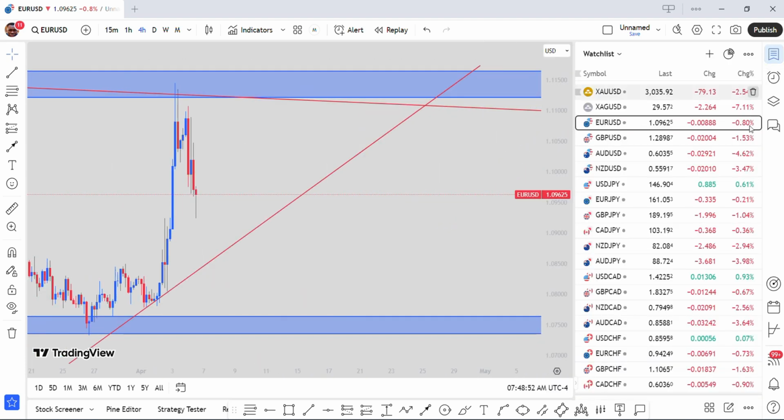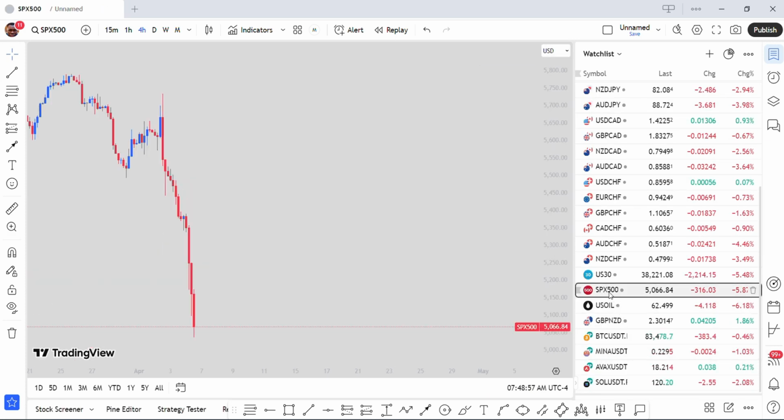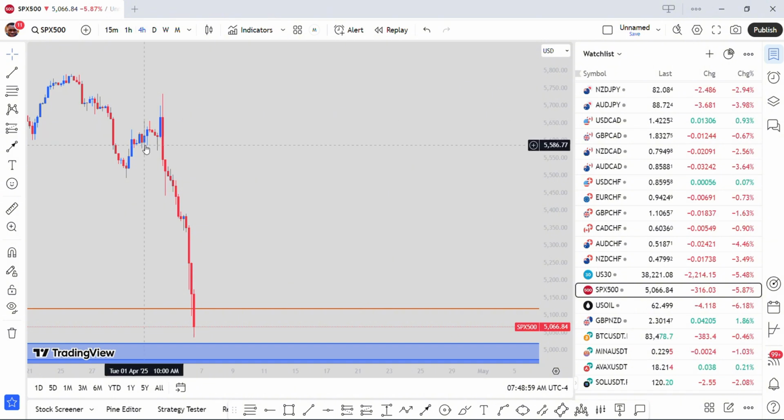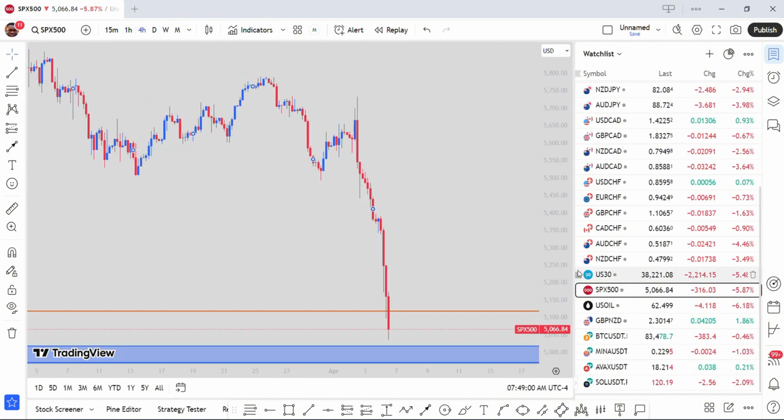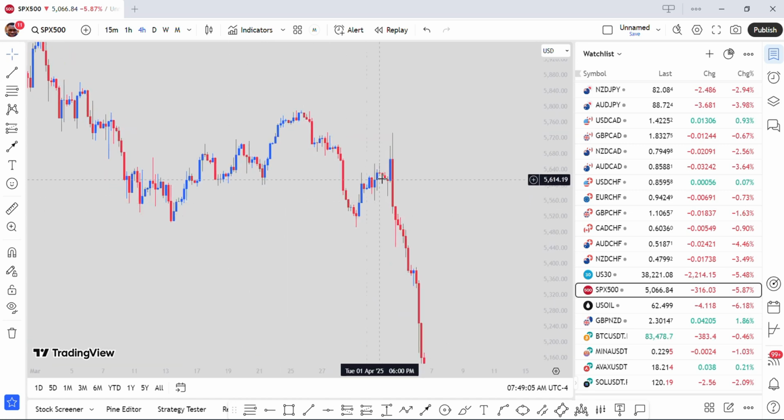So the next pair I'll be looking at is SPX500. In my last video I talked about how I got into this trade, somewhere around there, after price created